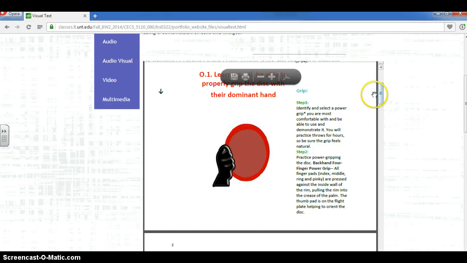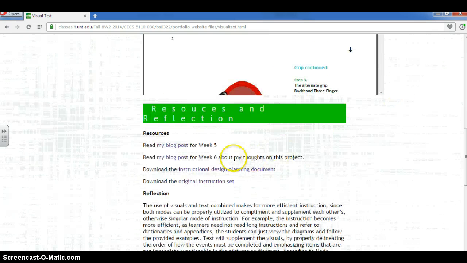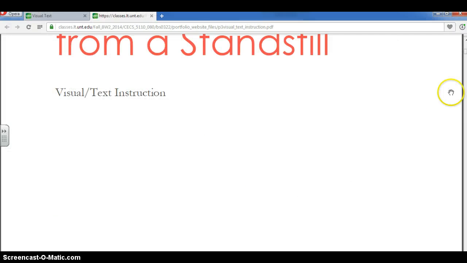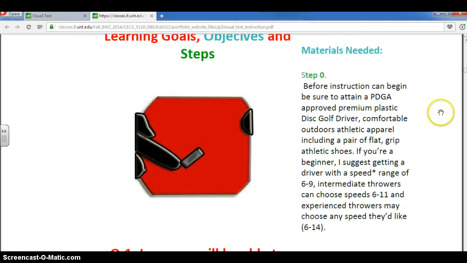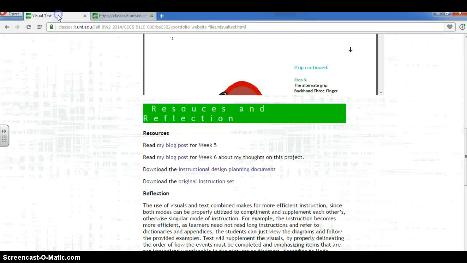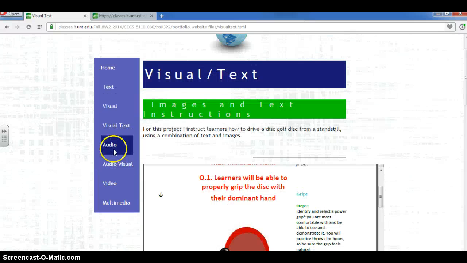And this was a fun project, combining these two. You can read about that process on my blogs. You can download the instructional planning document. If you look at the instructional set, I have a table of contents that organizes all the content really nicely, and of course you can explore the document and download it. So moving along to our next project,